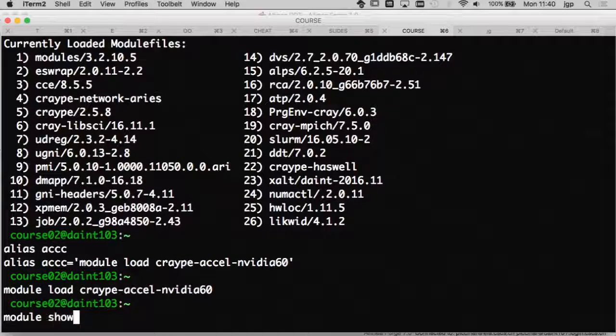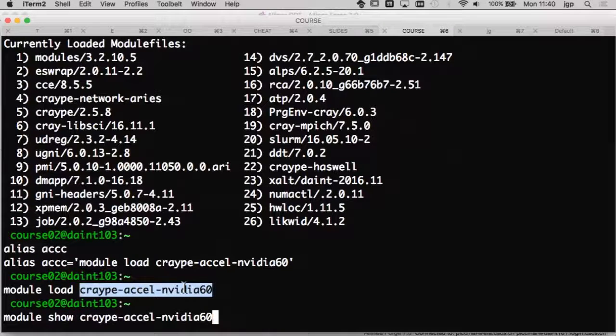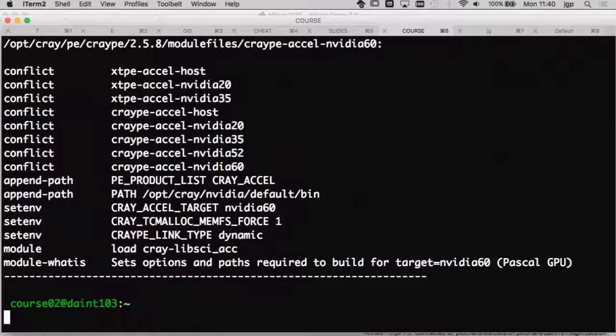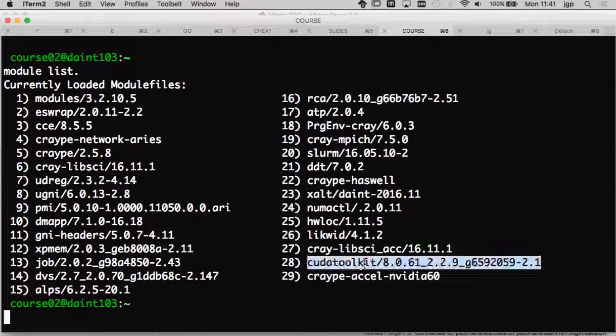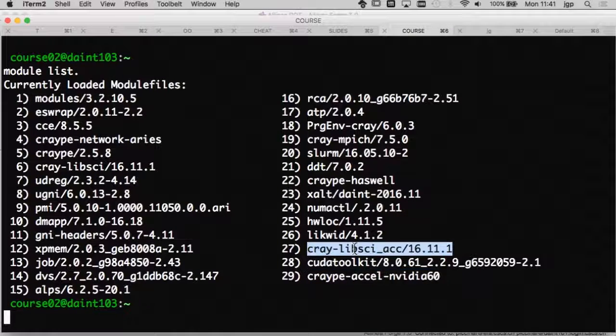If you do module show, you will see that that module file will set the compilation node for the GPU, and it will load actually two module files. By loading that module file, I will load the CUDA toolkit and also the accelerated version of the Cray scientific library.